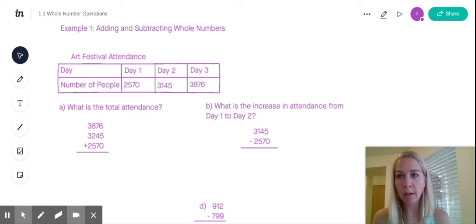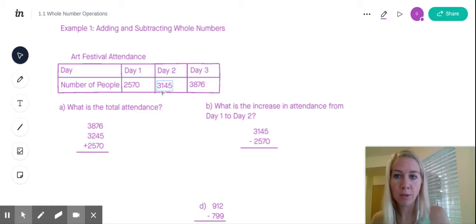Okay, so let's continue on chapter 1, section 1, whole number operations. We're going to go over example 1, adding and subtracting whole numbers. Okay, so for our first problem, we have this table here about the art festival attendance. So in the first row, you see the days 1, 2, 3, and then the number of people,